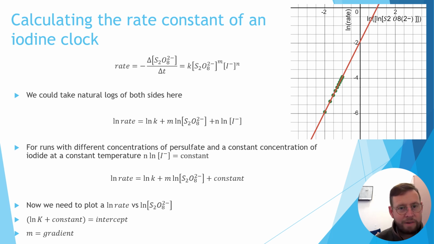So we would understand that the rate of this reaction would be equal to the negative change in the concentration of the persulfate per unit time, which, written out using a rate equation, would be a constant of proportionality, the rate constant k, multiplied by the concentration of the persulfate, the S2O8 2- ion, to the power of m, because we don't yet know the order of that reaction, and also multiplied by the concentration of the iodide ions to the power of n, because we don't know what order this reaction has with respect to the iodide